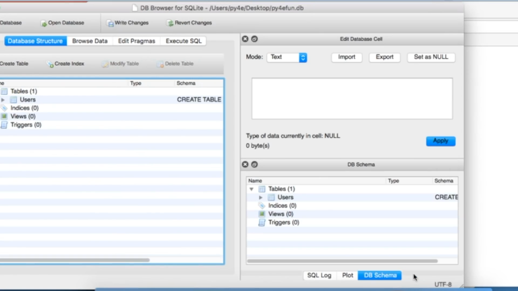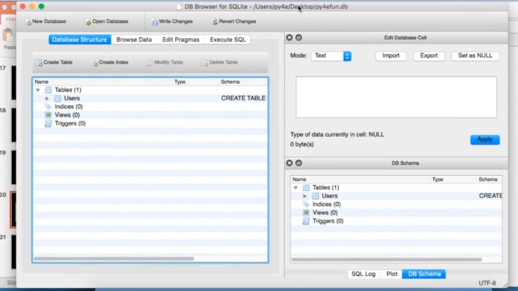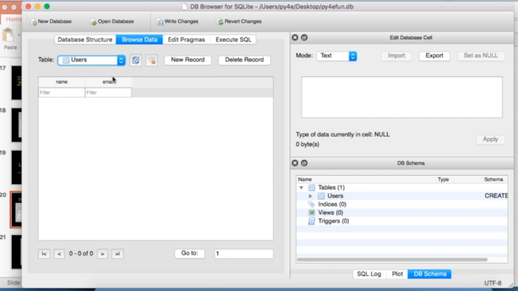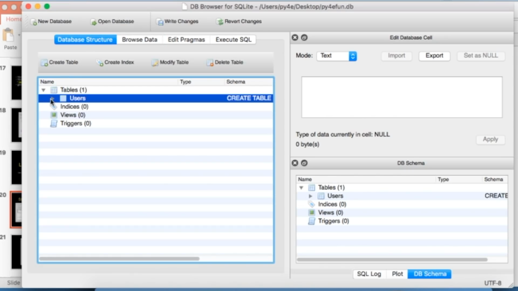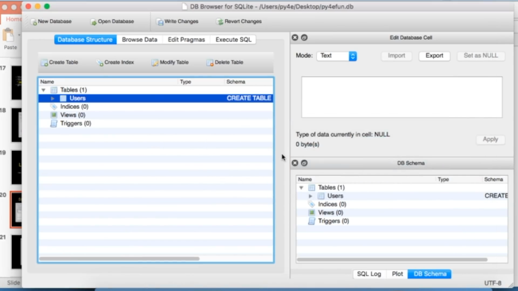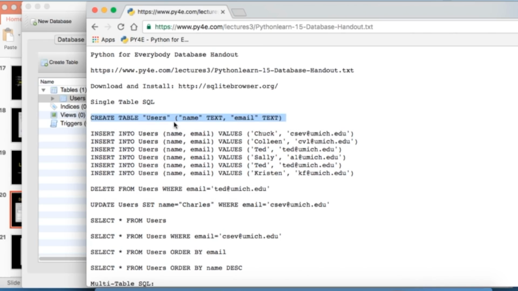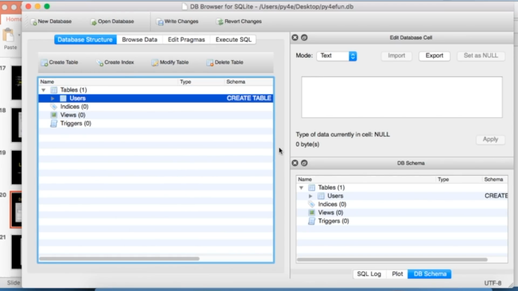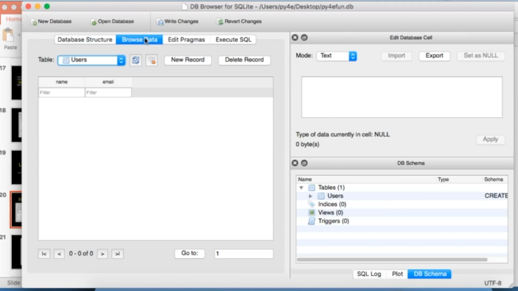So now I'm going to just say OK, and if you take a look, you can see that I now have a table users, and I can look at my database structure, the table users, and away we go. And so now that is creating it, and like I said, here in the slides is the create statement, or on the web page there's the create statement that could have done it. Now we can insert some data. Let's add a new record to this database users, and we'll call this guy